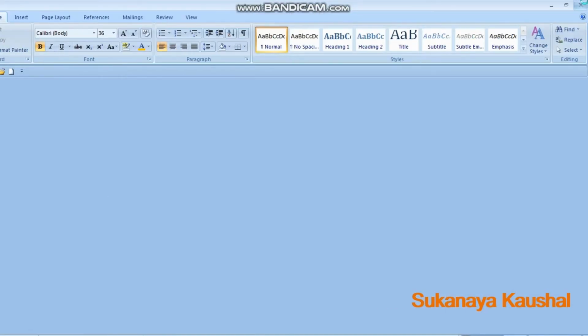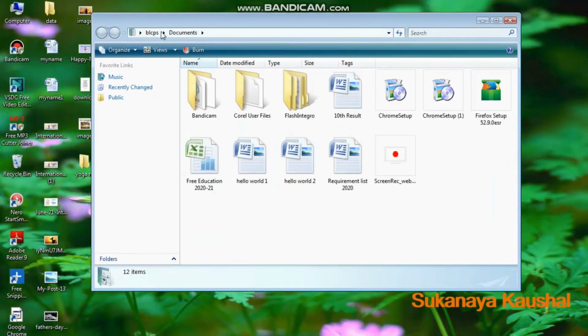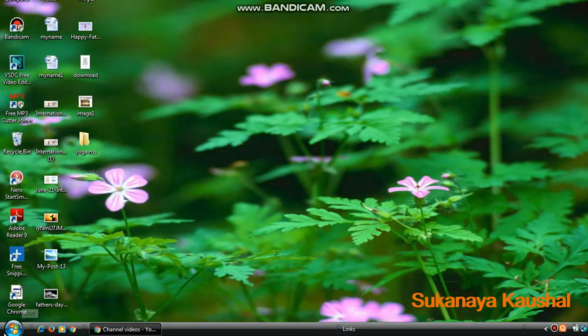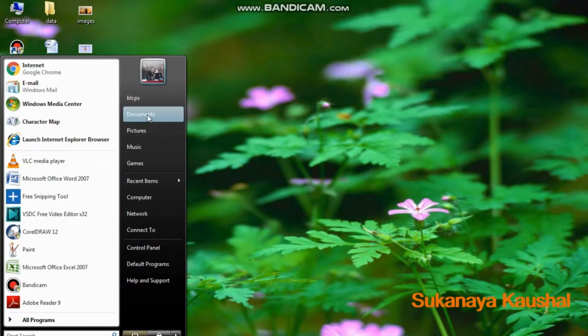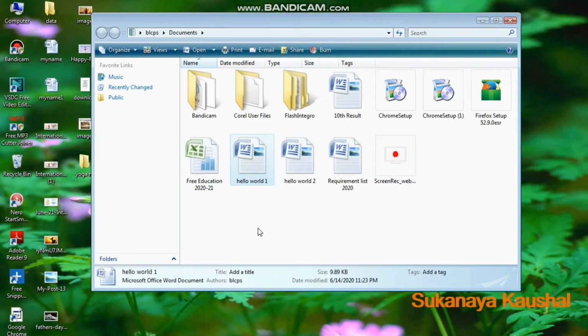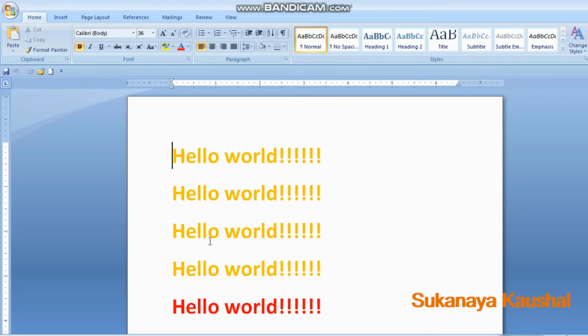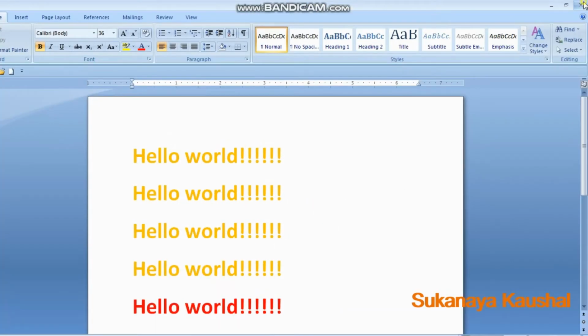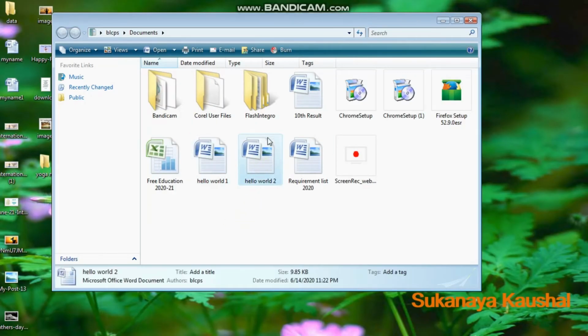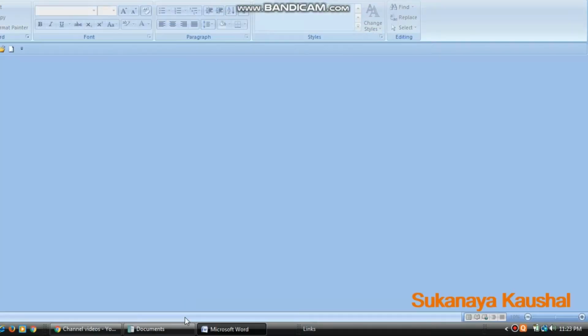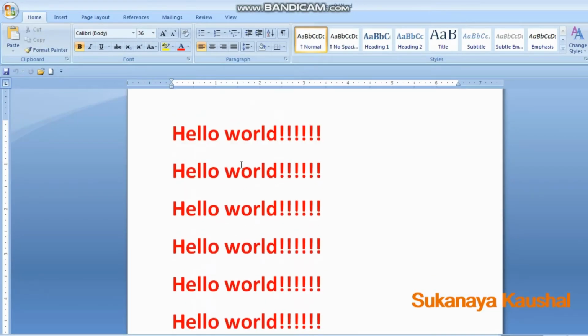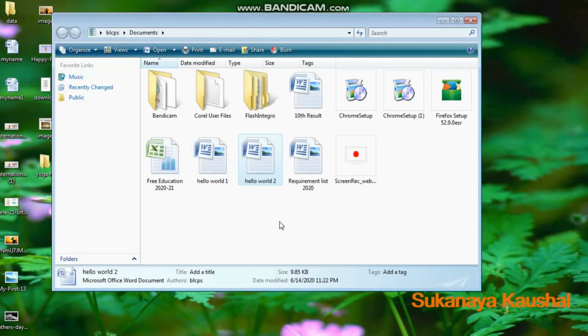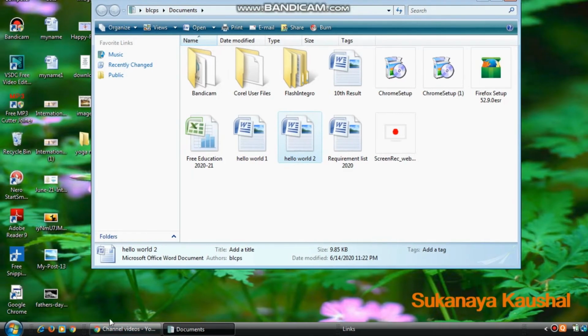Again I open it, go in documents and click on hello world 1. It is the first file, close it. Next we have hello world 2, which is our second file with another name, but you can also save it in another location, it depends on you.